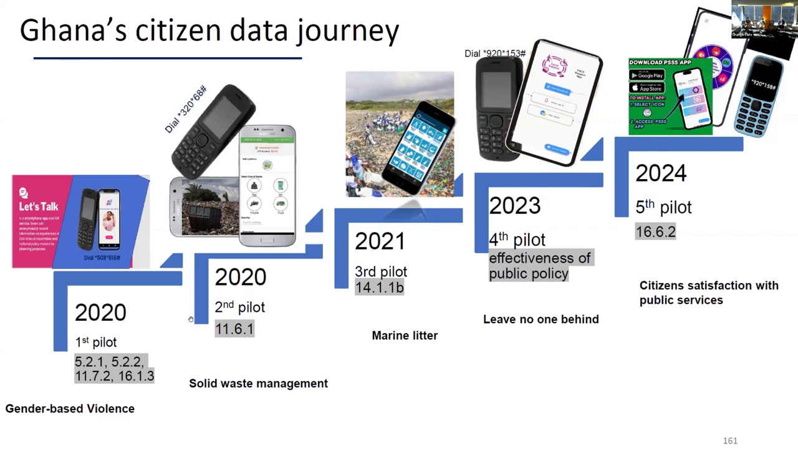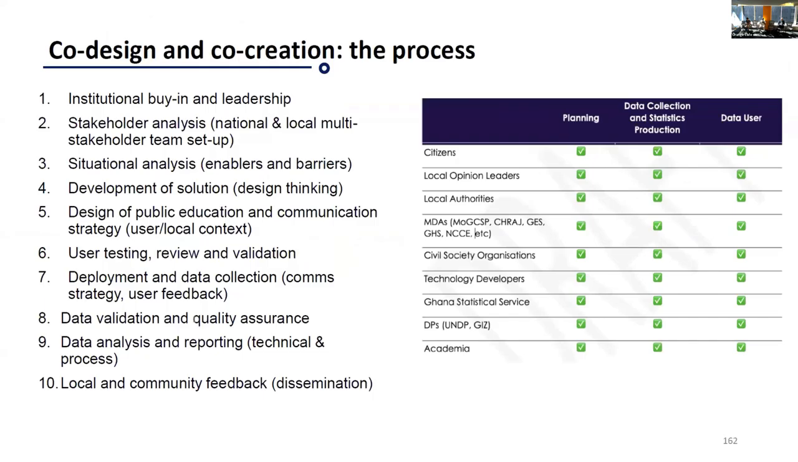And then the last one we implemented last year was on SDG 16.6.2, which we worked with the UNDP on. And this sought to measure citizen satisfaction with public services. And because we already had experience of incorporating sign language, we did incorporate it in this as well. And it is important to note that